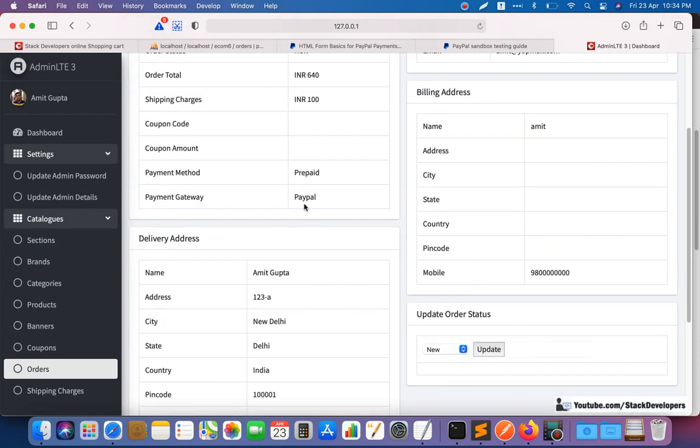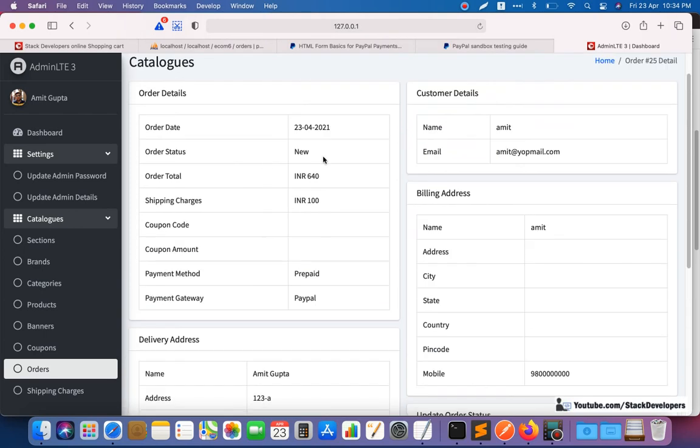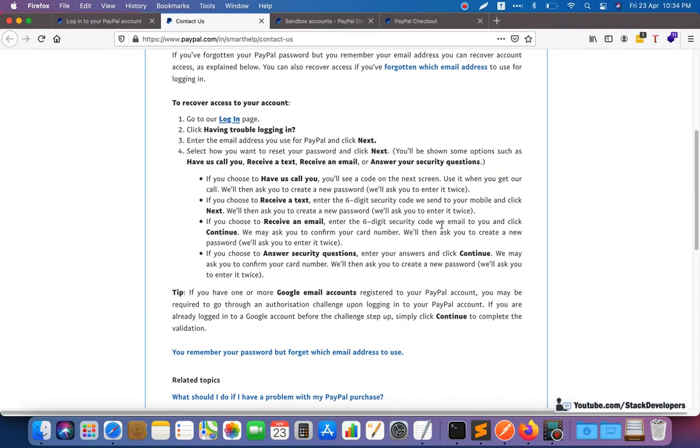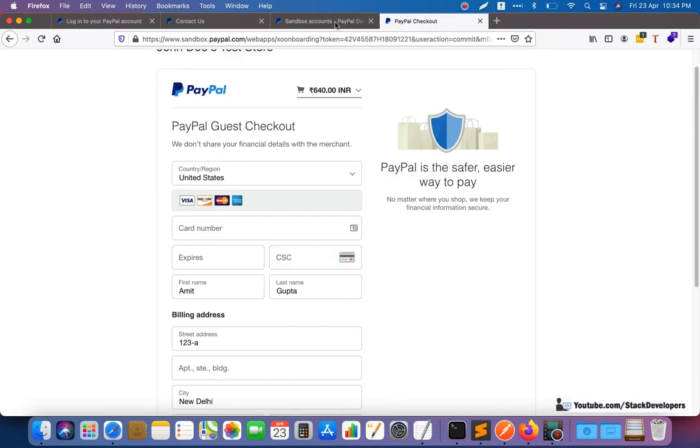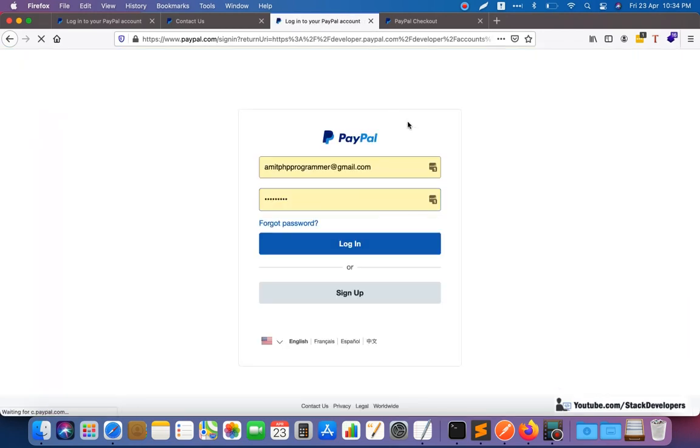So the payment gateway is PayPal. You can see, and still the order status is new. So this 25 means the order ID. Now there is another option as well. See here, we need to keep it logged in. So it logged out, so we can log in once again, no issue.